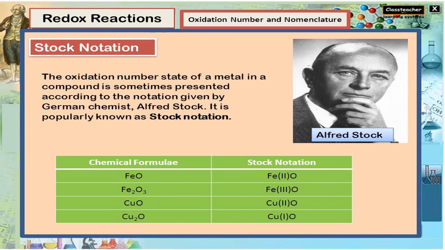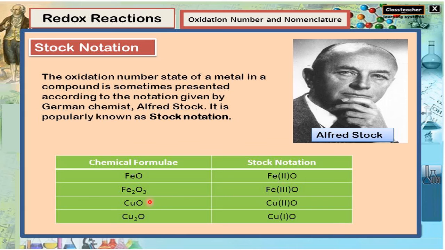Now next, this is a different area. To show the oxidation state or the oxidation number in a formula or an equation, we use a notation known as Stock notation, given by the German scientist Alfred Stock. For example, here FeO. Fe is in what state? It is in the plus 2 state. To show that iron is in the plus 2 state, we use a Roman numeral II in brackets after the iron. This is called Stock notation. This we don't follow in the normal routine. If asked, then only you mention it, otherwise no need.